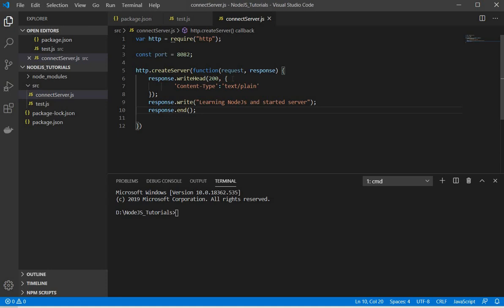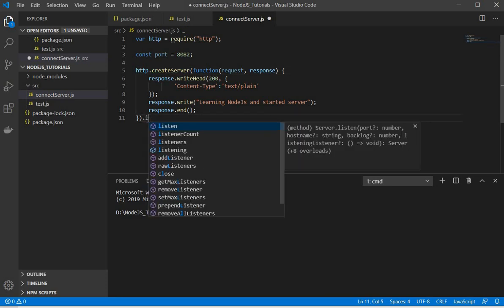So right now I added the response, and now what I need to do is, now we have this module, I have created the server, but server always runs on a port, which means this port we need to connect with this server, which means we have one method which is dot listen.